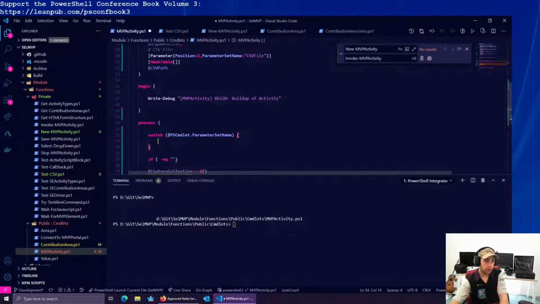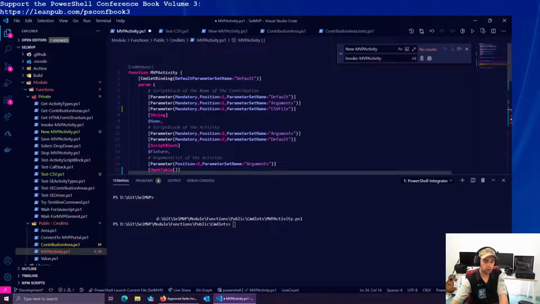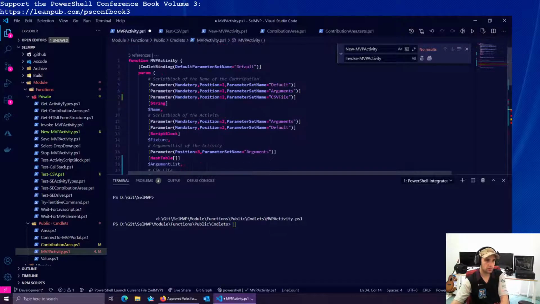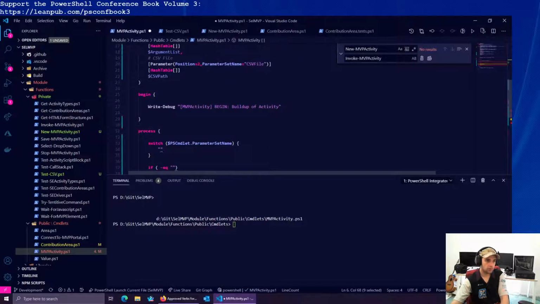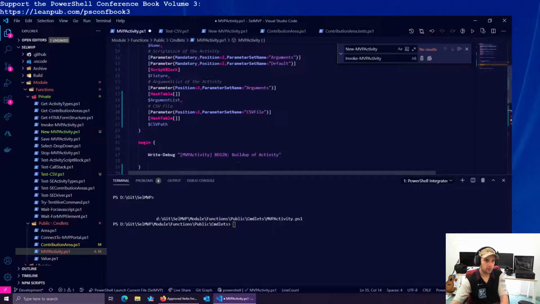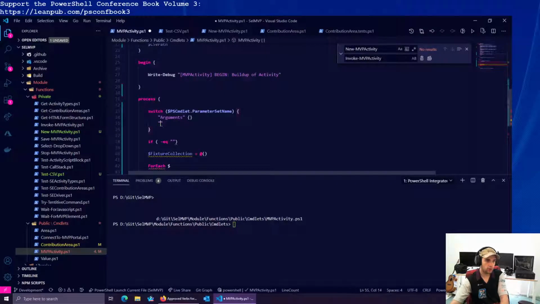We don't need to do default, we can just assume that it's default. We can say arguments, say Csv file. We can just say test CSV,